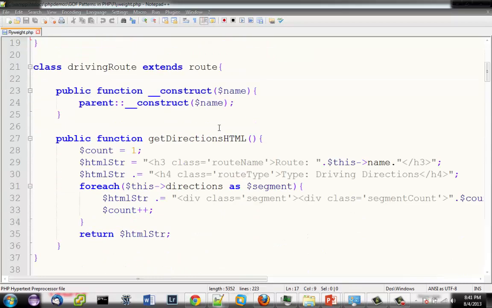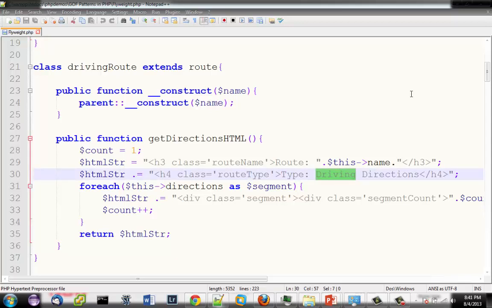Down here inside of my driving directions, I have the getDirectionsHTML, and what I'm doing here is just printing out the directions as a list, essentially, not using an unordered list or anything. I'm just printing divs with the instructions there. The only difference between this and the walking directions is that I print walking directions instead of driving directions.